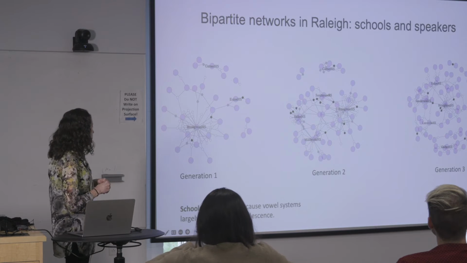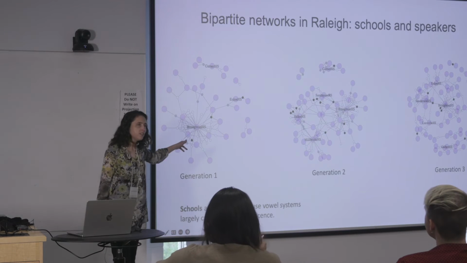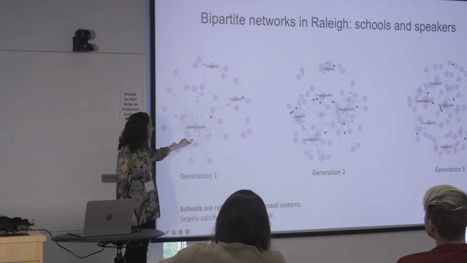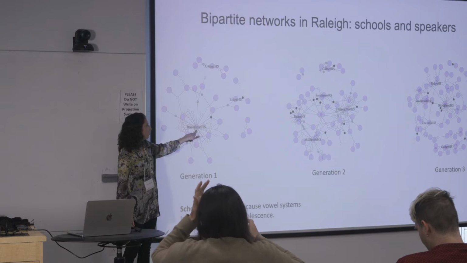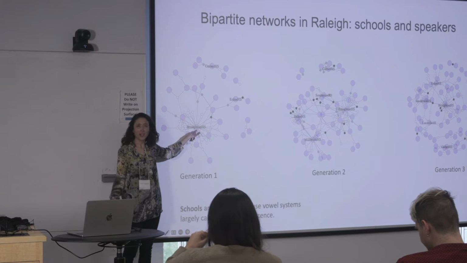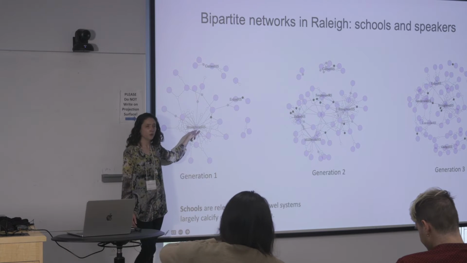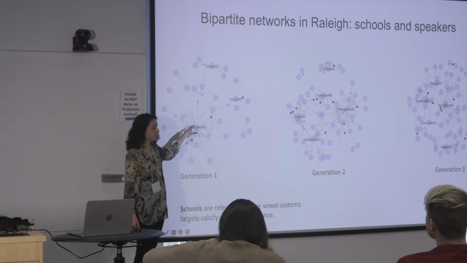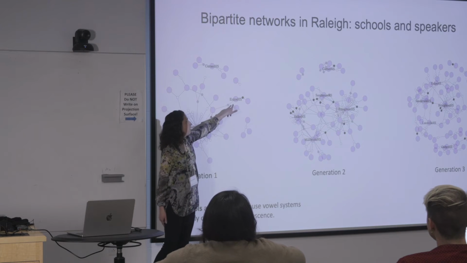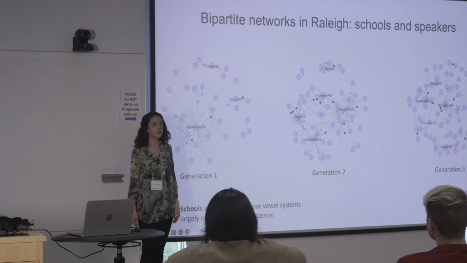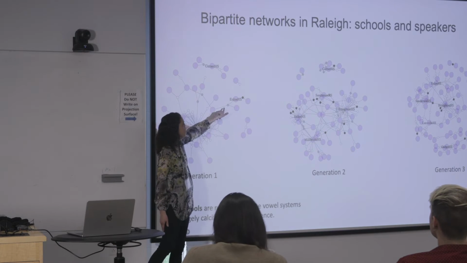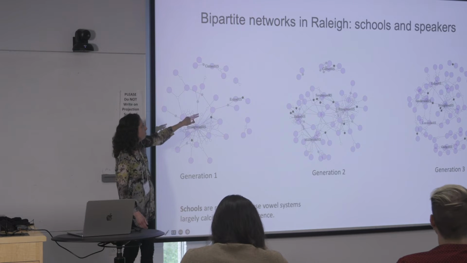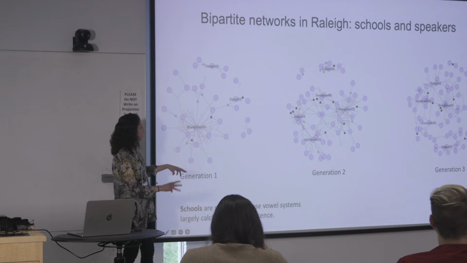Okay, now so generation 1 here. This is the oldest folks, and what you can see is most of them went to Broughton High School, which is where you went to high school at that time if you were white for the most part. No one black was allowed to go to Broughton High School at that time. A few of them went to Enloe, which was in the east, but that was a more working class area. And in fact, you can see that the 2 people who went to Enloe in this generation are blue collar and sort of quasi blue collar.